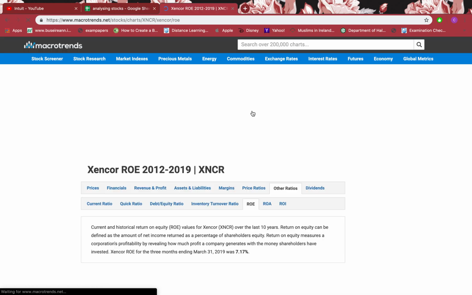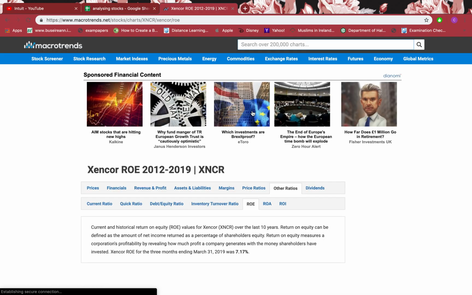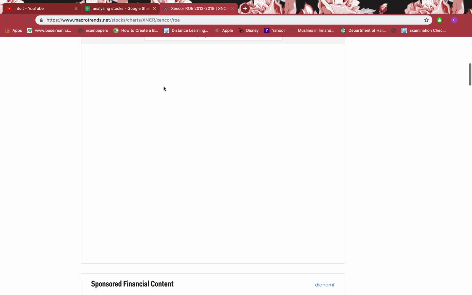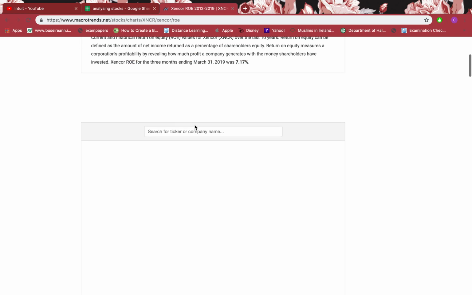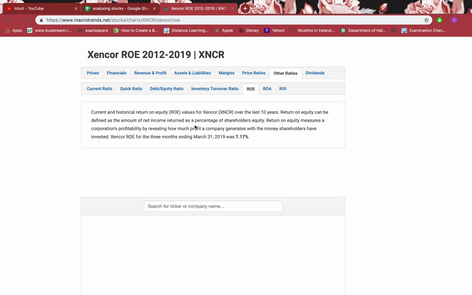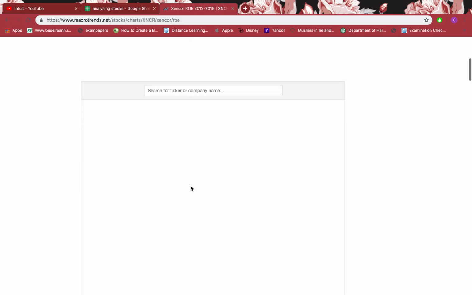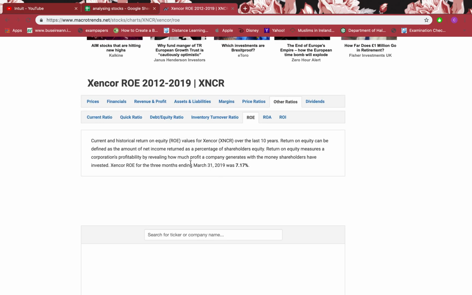If I click return on equity, it should be 8% or more than that for it to have a margin of safety. And let's have a look. So we don't have any data for previous years. Maybe you can search it in another website, you might get it. I'm just doing it from this website, so it doesn't have any previous data, but it says that on 31st March, it has